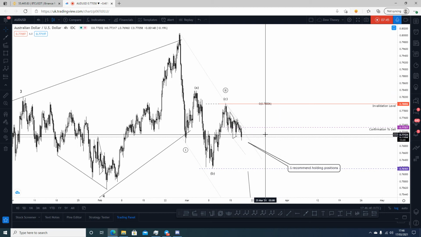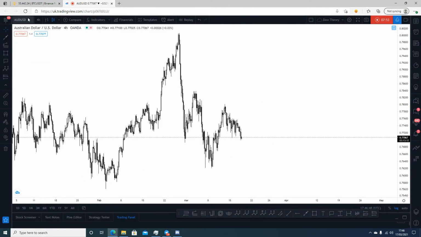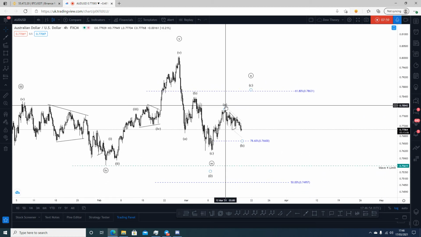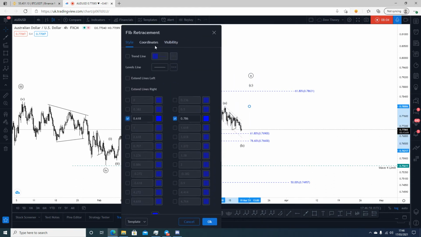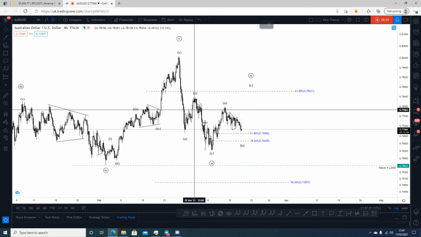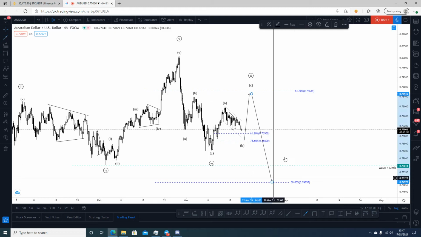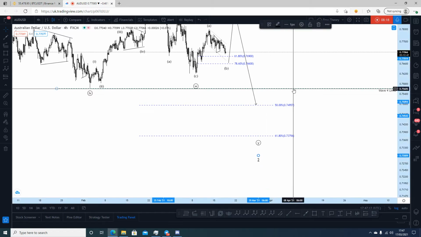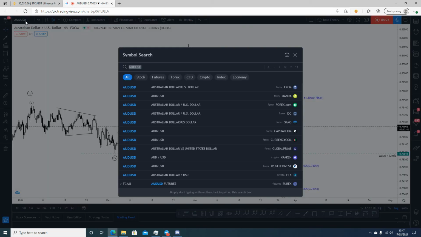So we have our, of course, bearish perspective here. Let's move back, right? I think it's on the Oanda chart, or is it on the FXCM? Great. This would put AUDUSD into perspective as well. And as we can see, AUDUSD is currently falling right now. What are we looking at? Maybe a 618 to 786 retracement before we see some sort of move higher manifest. And then we see a move lower, right? So we're looking at some sort of move like this, right? We're looking at something like this. Simple zigzag, simple three-wave structure.